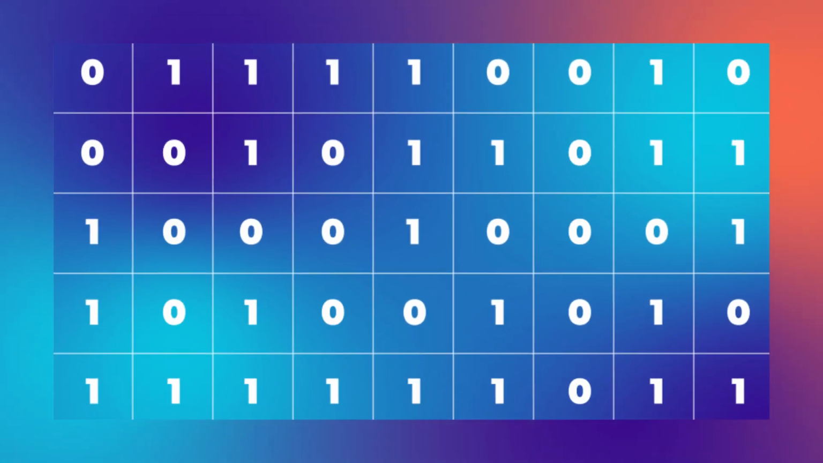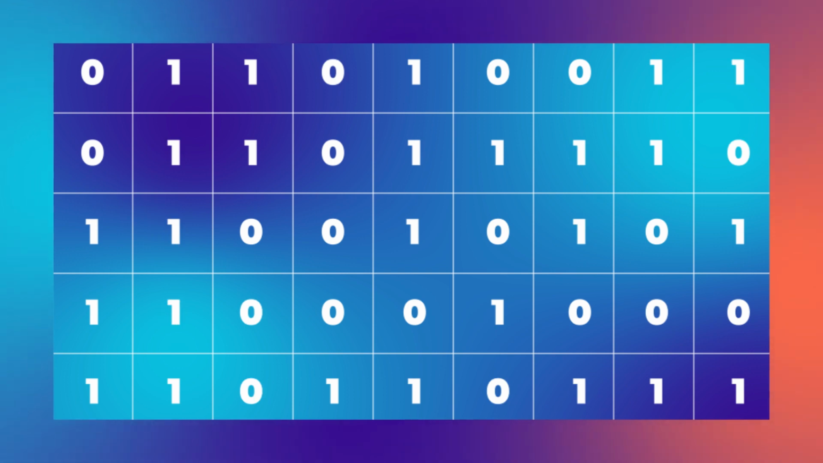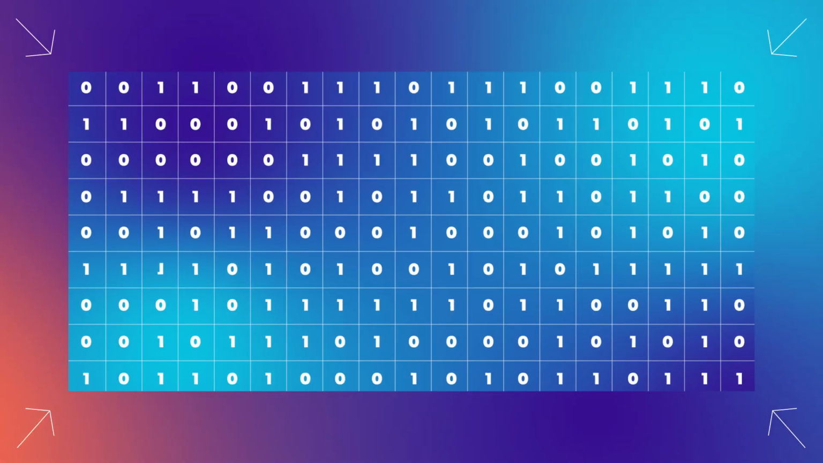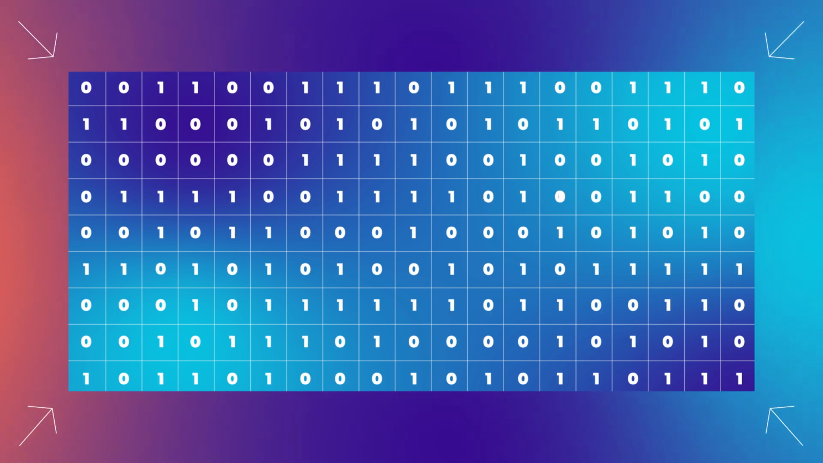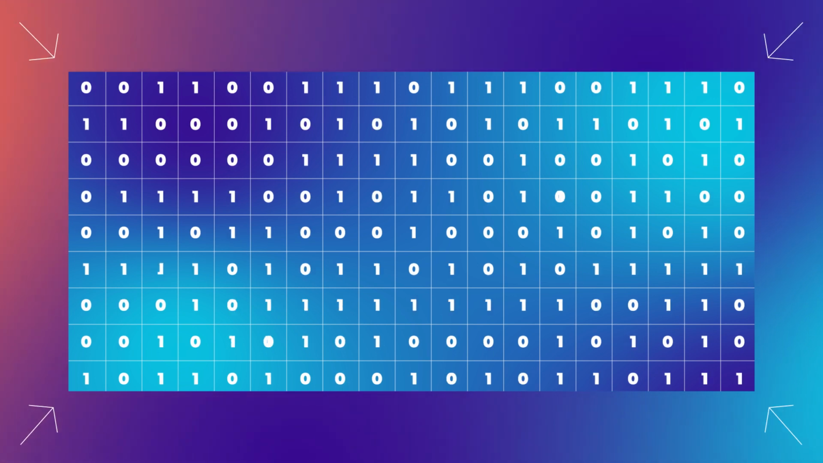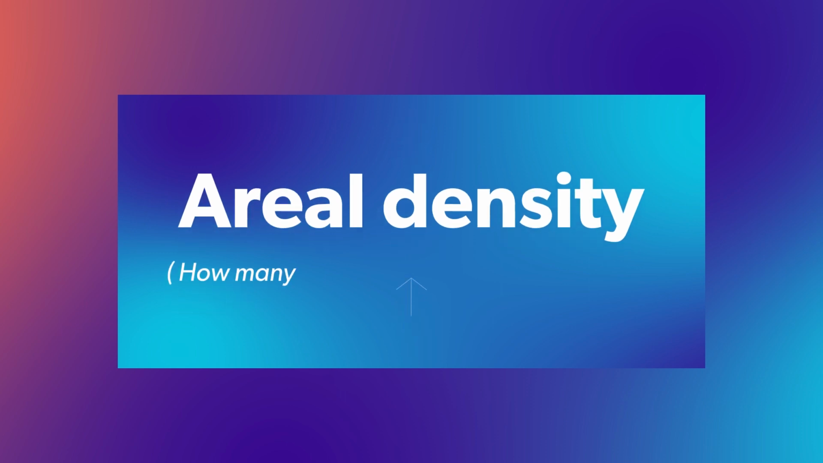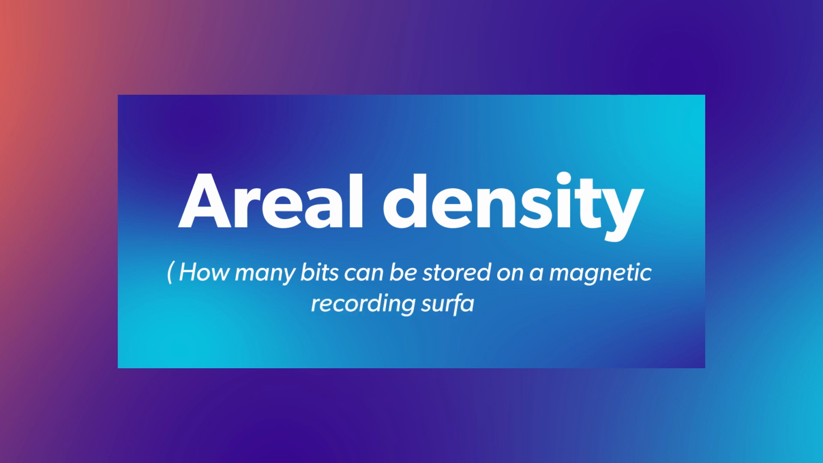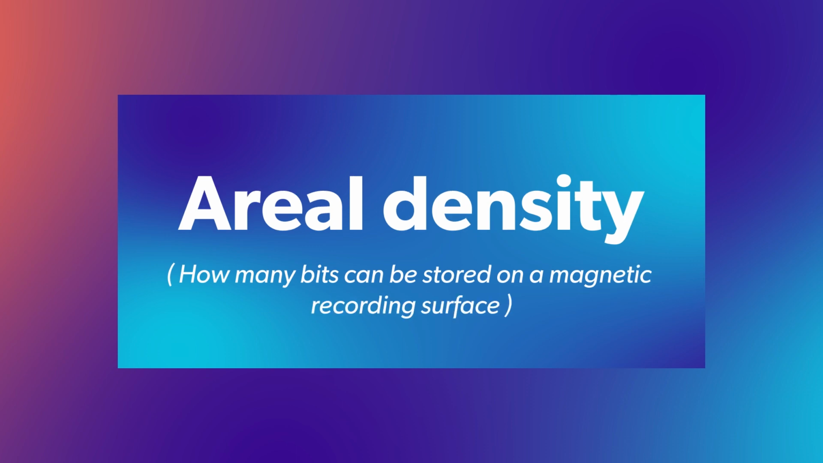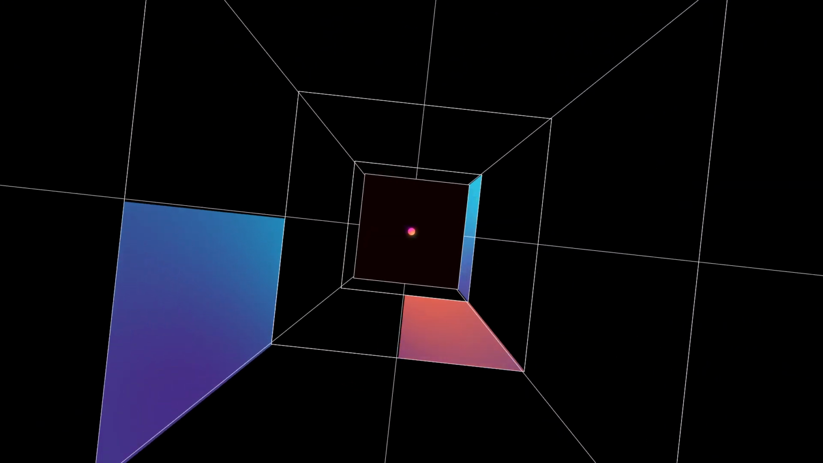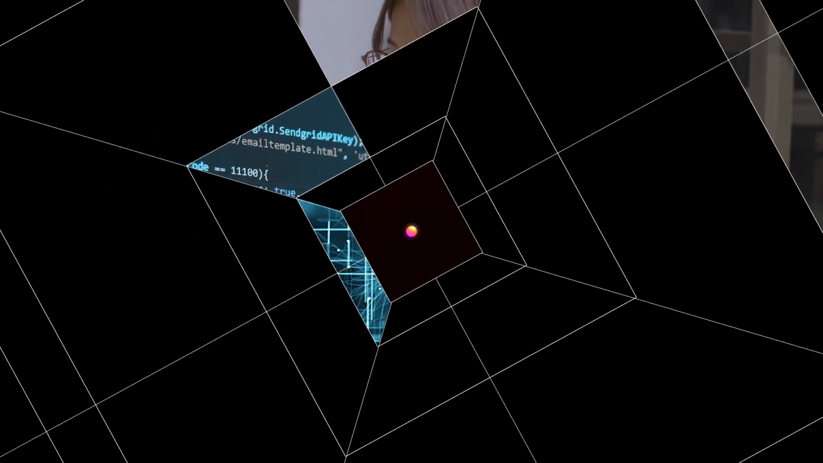It might sound backwards, but to record more data in a fixed area, you need to reduce the space occupied by the bit cells that contain each bit of information. This can also be described as increasing the areal density of the media. Areal density is a description of how many bits can be stored on a magnetic recording surface. But as you increase the areal density, media engineers encounter some formidable challenges which require some astonishing scientific knowledge and